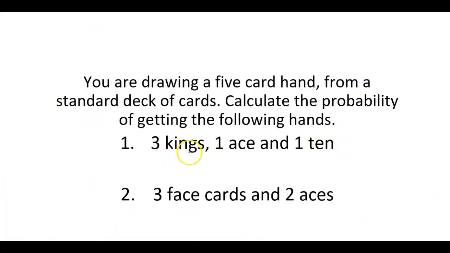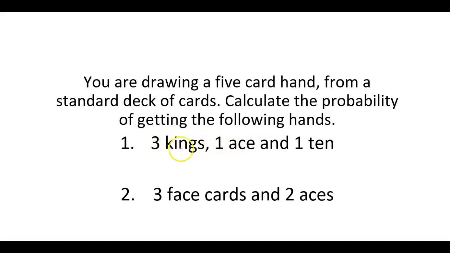All right, so last example, if you're drawing a 5-card hand from a standard deck of cards, calculate the probability of getting the following hands. So of the 5 cards, I get 3 kings, 1 ace, and 1 10. So we've looked at, again, probabilities that were similar to this when we did multiplication rule, but this one is not specifying an order. So when we did multiplication rule, it told us I got a king, a king, a king, then an ace, and then a 10. This one's just saying, if I choose 5 in any order, what's the probability that this is the hand I end up with? So we can't just use the multiplication rule here straight up, but we can think about how